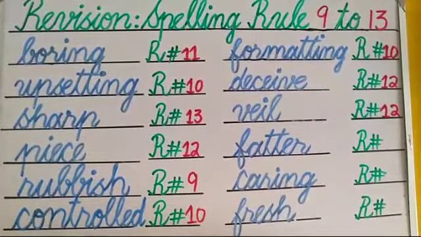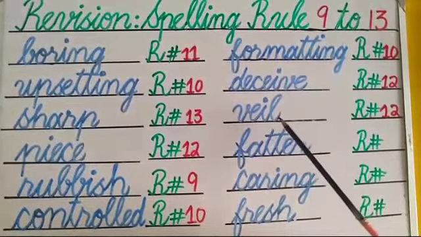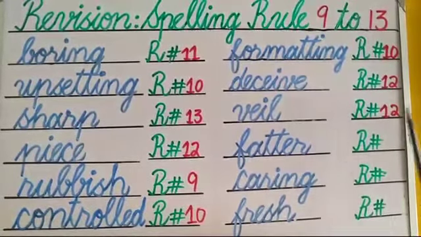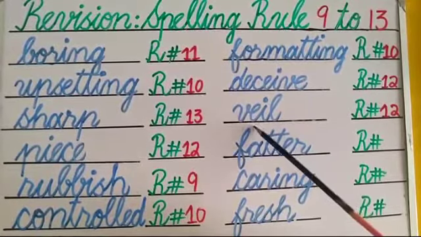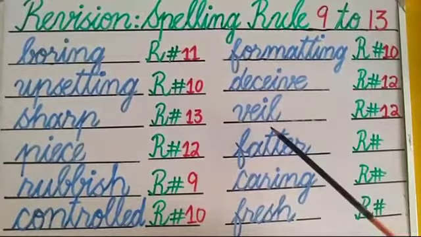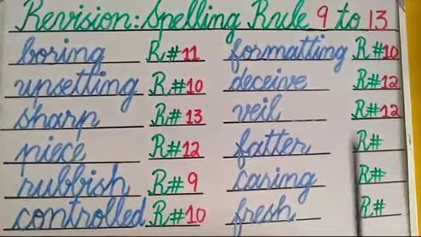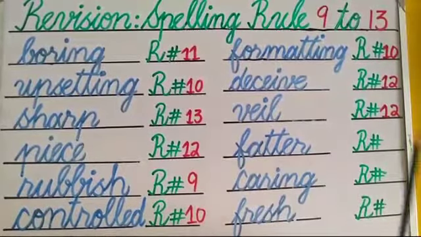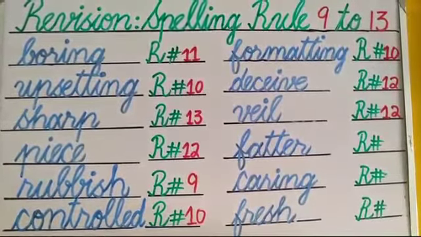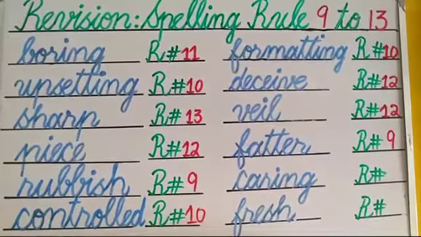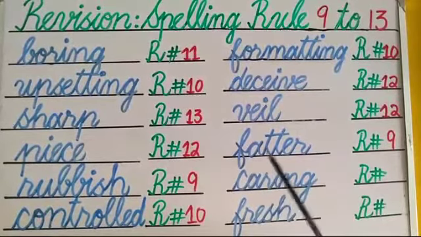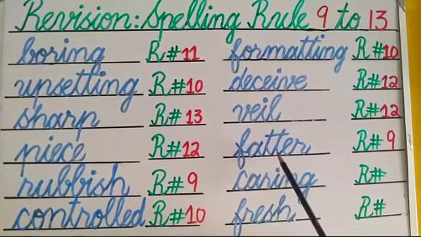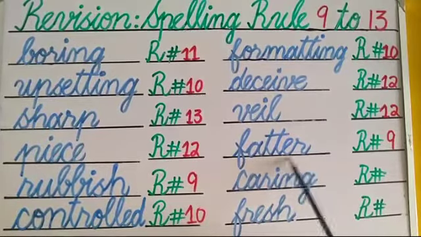So now let's have a look at the next one, whale. And this whale is also spelling rule 12 because it's the second part of the same rule, which tells us that E before I say A. Is that clear? Whale. Okay, now look at the next one, fatter. Yes, it's spelling rule 9. Because it's spelling rule 111, a word having one syllable, one vowel followed by one consonant, double the last letter before adding an ending, which starts with a vowel.